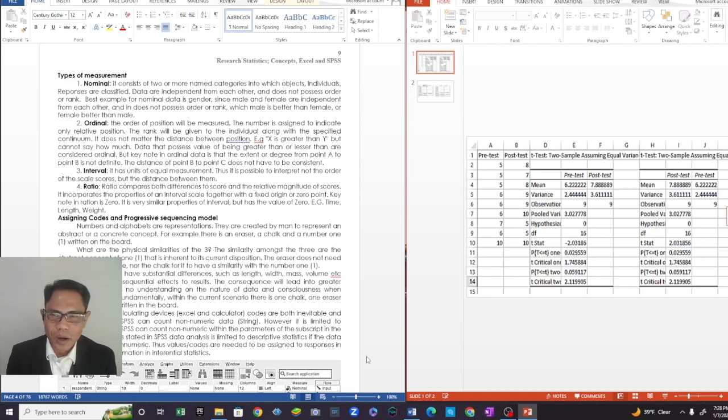We are on our third lesson, which is types of measurements and assigning codes. And a term I coined, progressive sequencing model, so that we have a similarity of terms from what I really mean when we talk